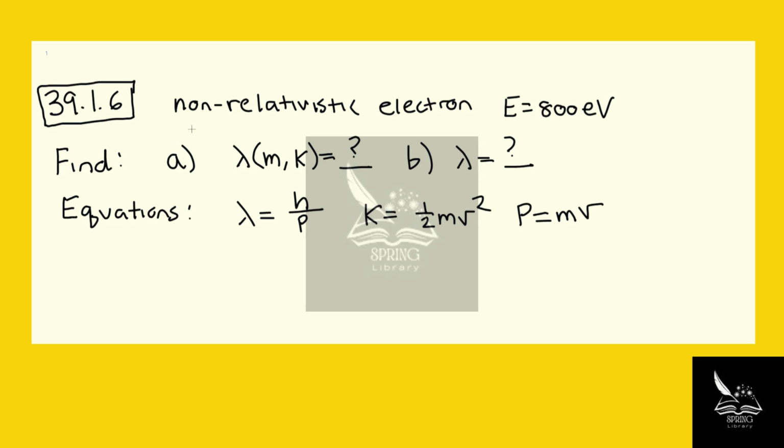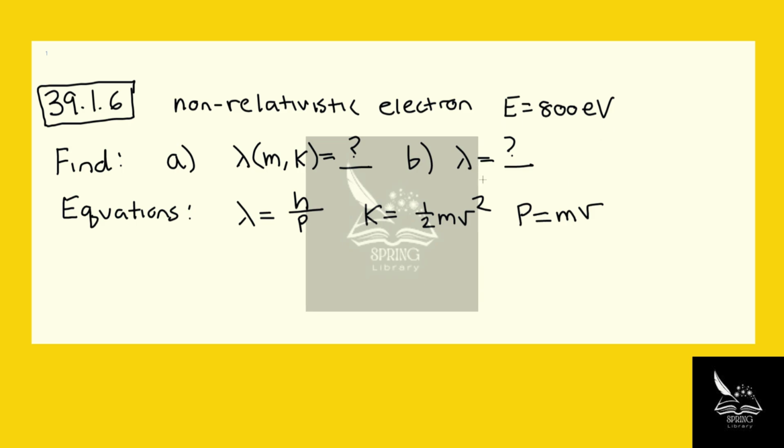Okay, in this problem we have a non-relativistic particle with mass. We are asked to find the wavelength of this particle in terms of its mass and its kinetic energy. And once we have this expression, we're asked to find specifically the wavelength of an electron with 800 eV of